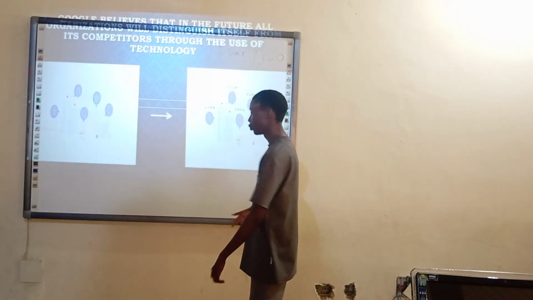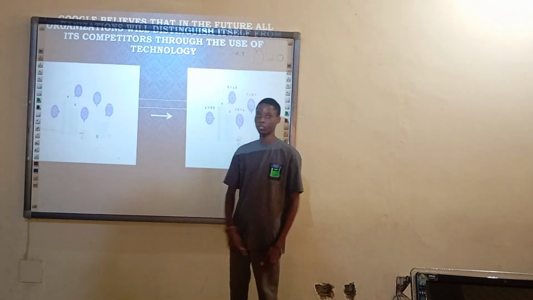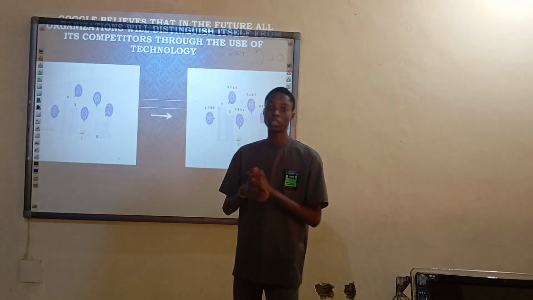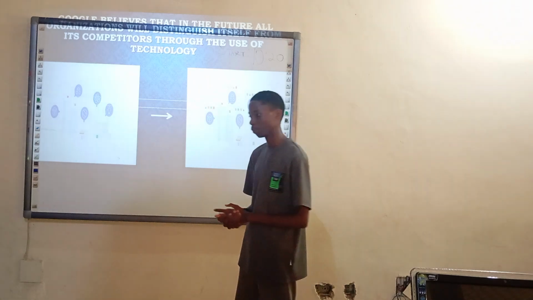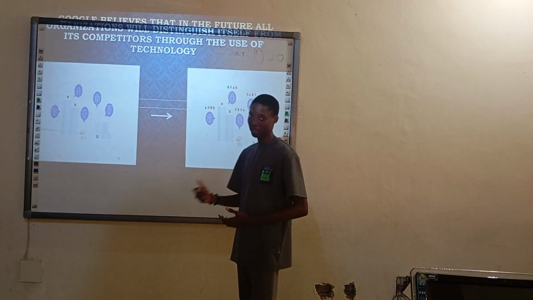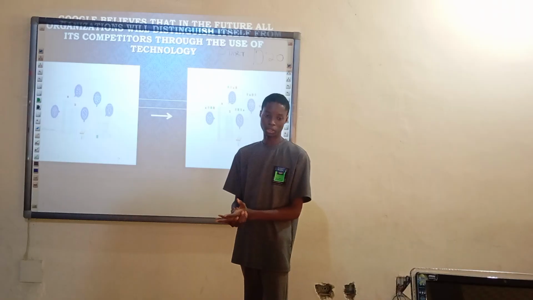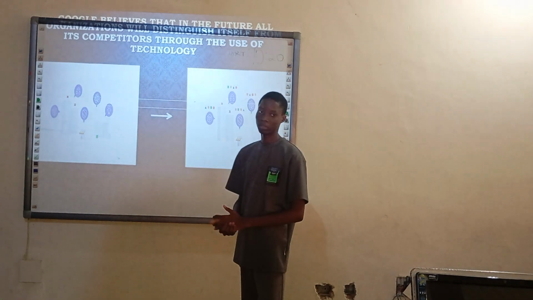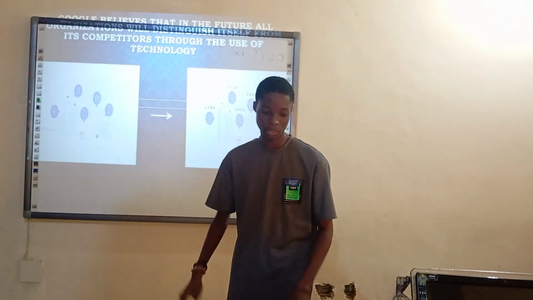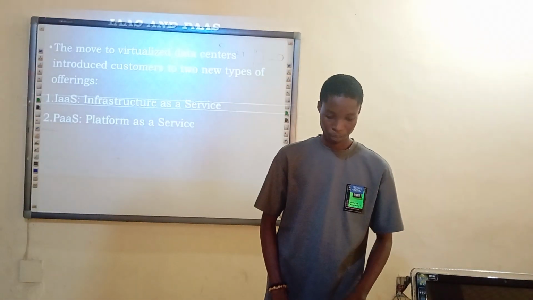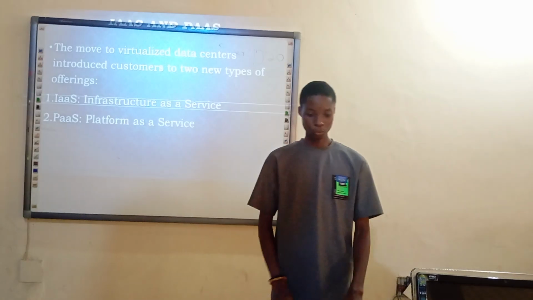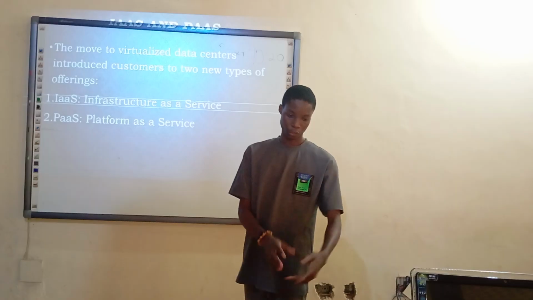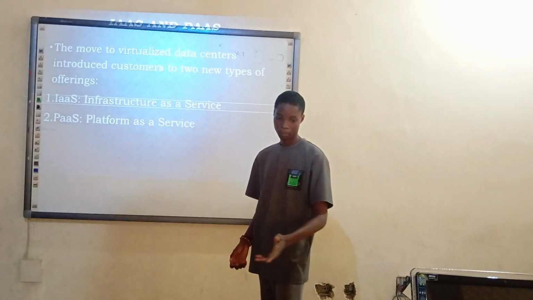Now, Google believes that in the future, every company will distinguish itself from its competitors with the use of technology. And this technology is in the form of software technology, which requires data. So the better your data, the better your technology, the better your organization. And that means, in other words, Google believes that in the future, every company will become a data company. Now, the move towards cloud computing introduced two new services: IaaS, which is infrastructure as a service, and PaaS,